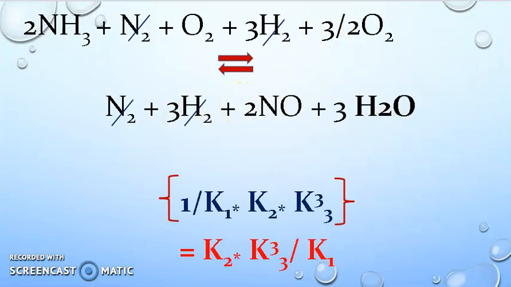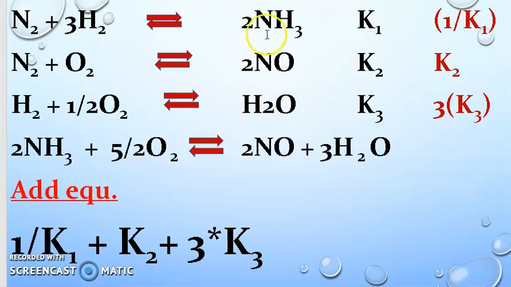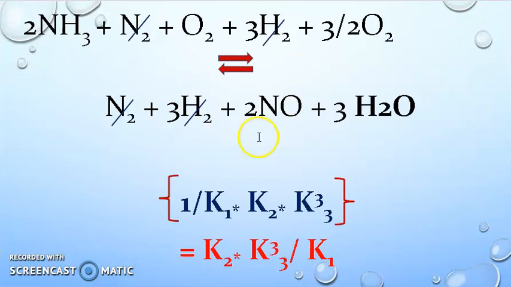What about the right side? We have to write here. So see here, what are the terms that should come in the right side? 1 by K1 means this, so N2 and plus 3H2 should come in the right side, correct? So N2 plus 3H2 plus 2NO plus H2O, right? So these are the terms of the equation you have to write here. This is the way you have to write. If you write, it will come like this.